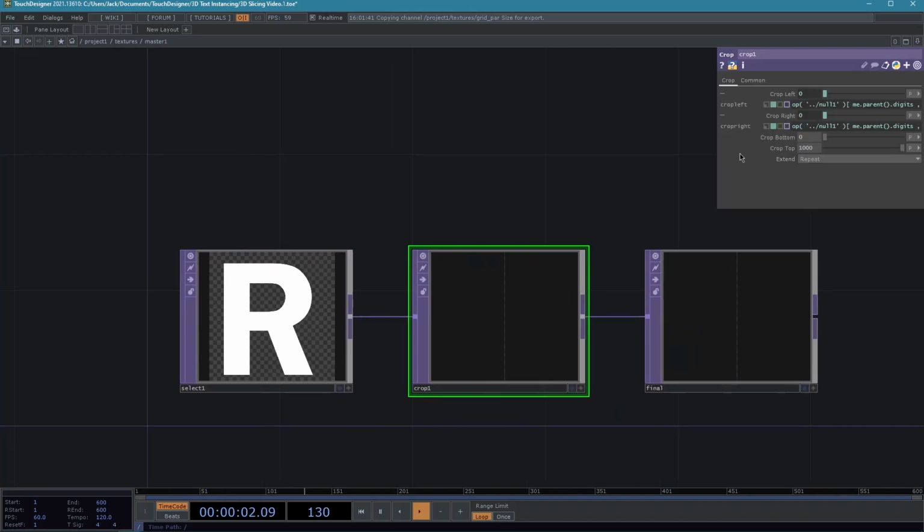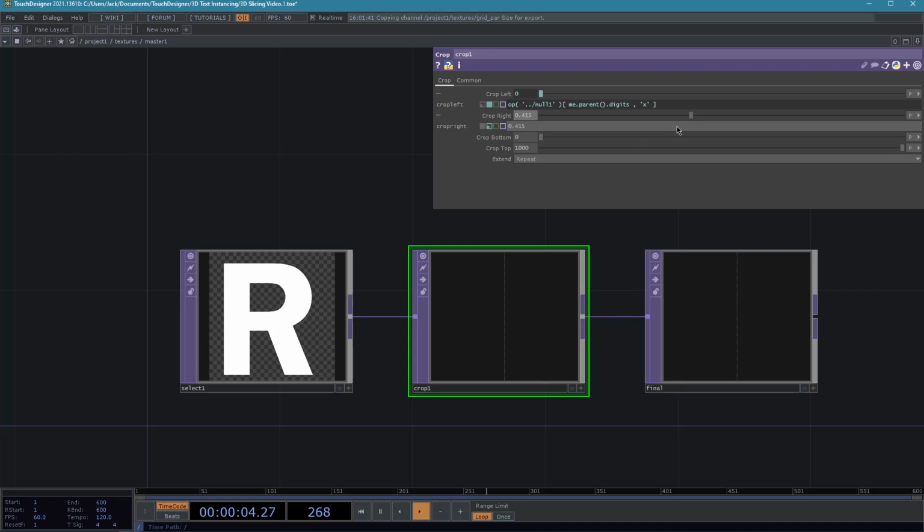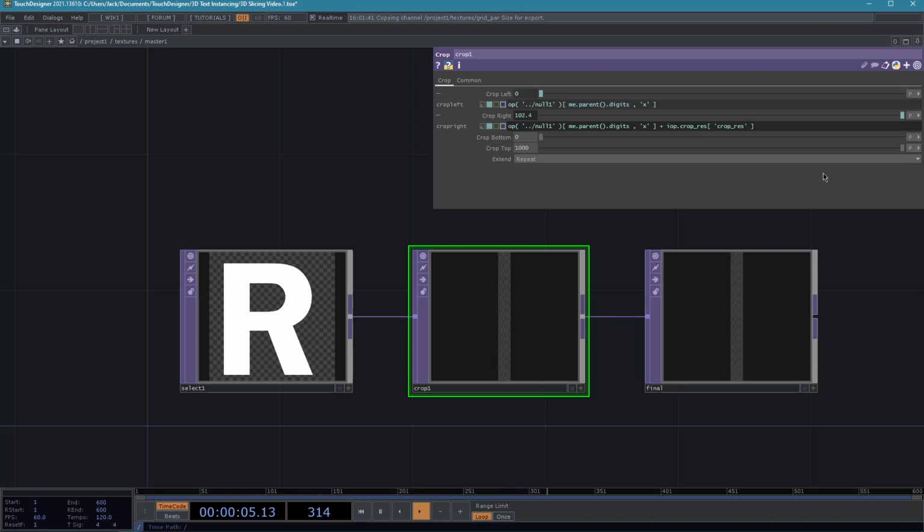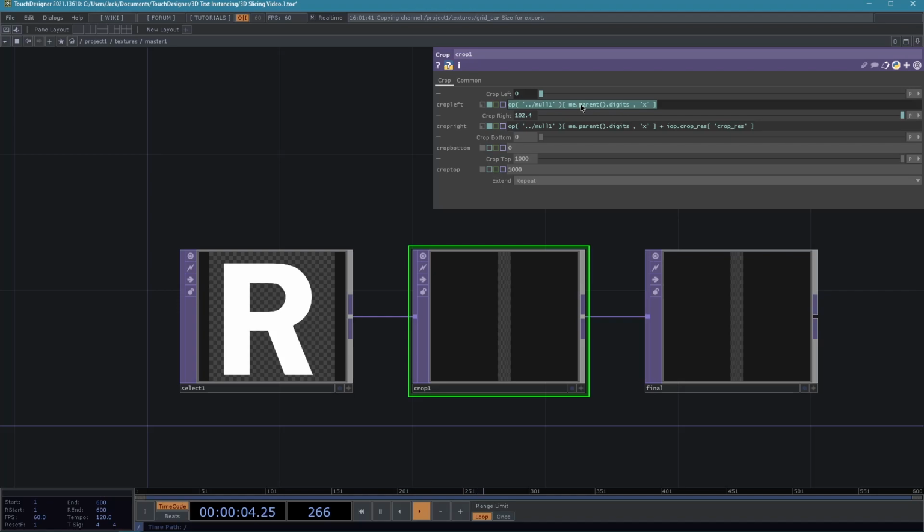We could do this with a chop reference. We could do this with an internal operator. Doesn't really matter. I guess we'll use the internal operator because it's easier. So plus iop.crop_res, and we want the channel crop_res from that operator. Oh, let's also add spaces to follow our kind of formatting. Hit enter. We should be getting 102.4. Perfect. And then for the crop top and bottom, we can actually copy the same thing,